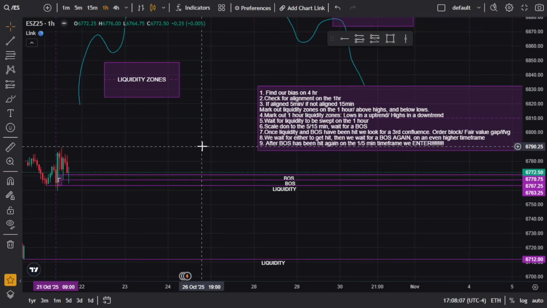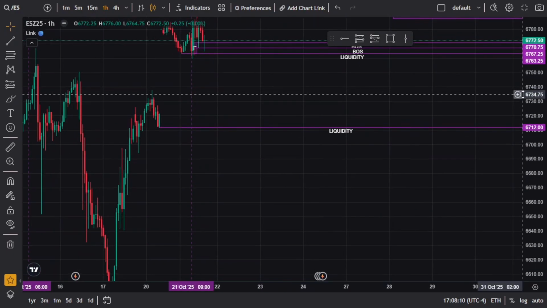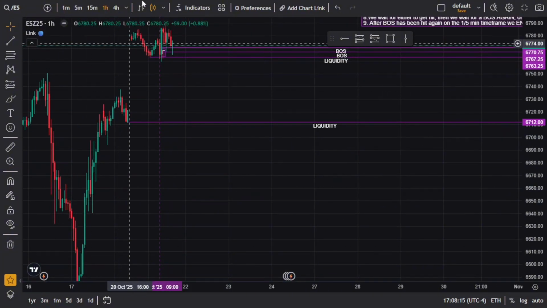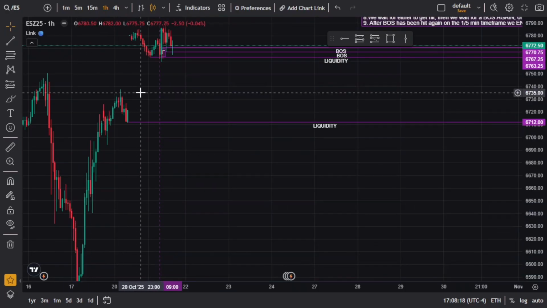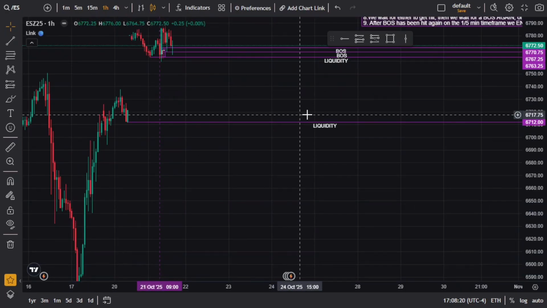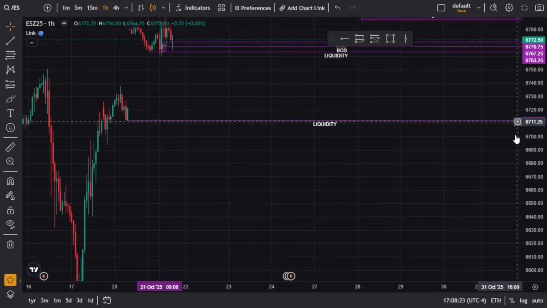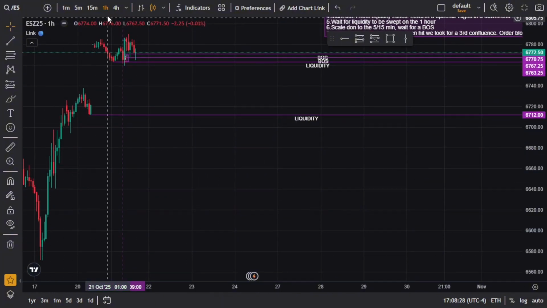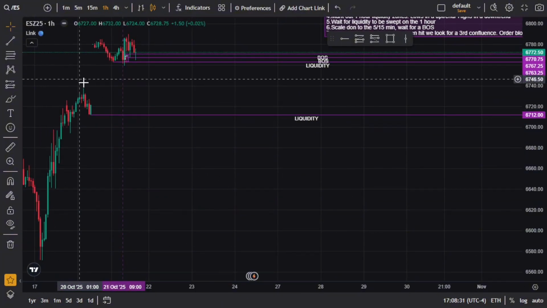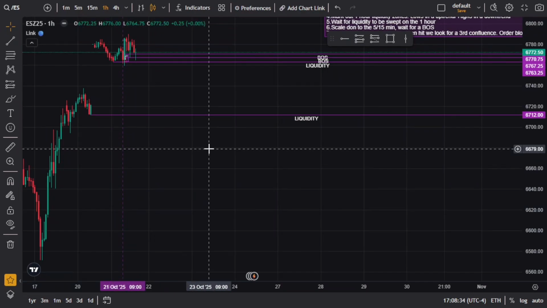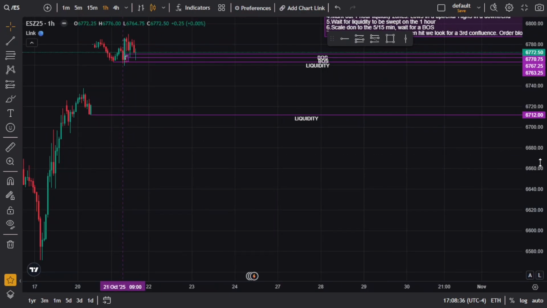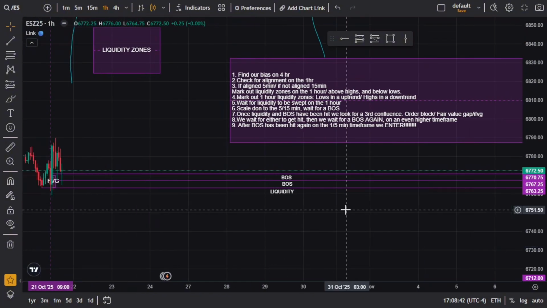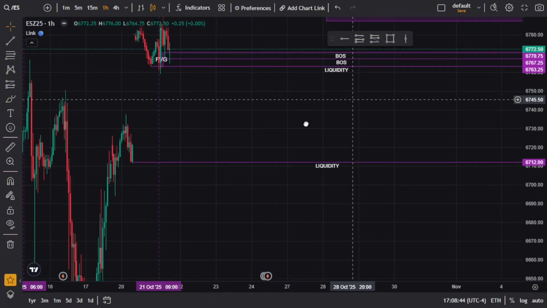So yeah, first step, check our bias for the day, see if we're in an uptrend or downtrend. Once you find whatever trend you're in, for example, we were in an uptrend. This is the hour time frame, but from before, in the 4-hour, we were in an uptrend, and once we figure out that we're in an uptrend, we're going to scale down to the 1-hour time frame, and we're going to check if the 4-hour bias is in the same direction as our 1-hour bias, vice versa. If the 4-hour bias is uptrend, we're going to scale down to the 1-hour, and check if it aligns with our 4-hour.